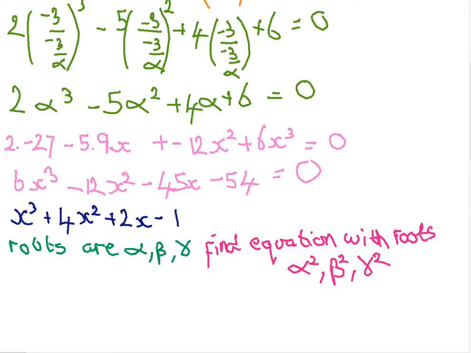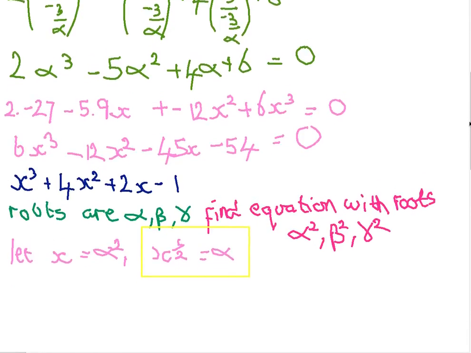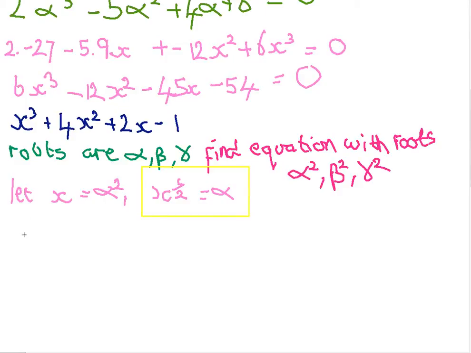Okay, we know how to do this now. It's easy. Let x equal alpha squared, x to the half equals alpha. Okay, so we've got alpha on one side, right? Now, substitute for every occurrence of x which occurs in here, we substitute x to the half. So our new expression is